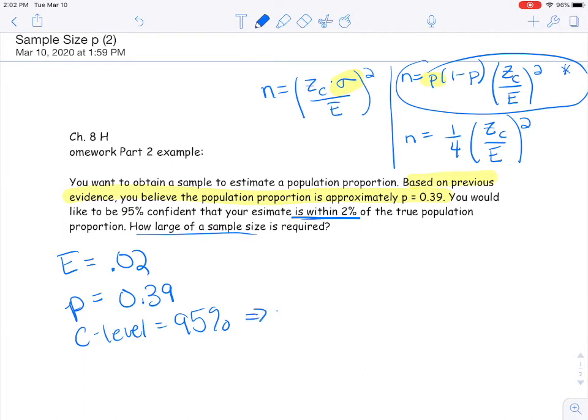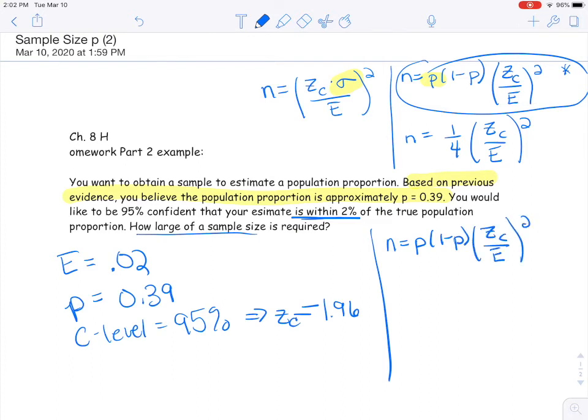So therefore, then I need to go to my table and get the z critical, which is the lower left-hand part of the table, which is 1.96. Okay, so now I can use my formula, n equals p times 1 minus p, z critical over e squared. So I get 0.39 times 1 minus 0.39 times z critical 1.96, over the margin of error,